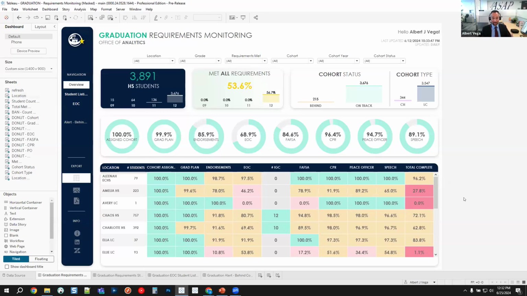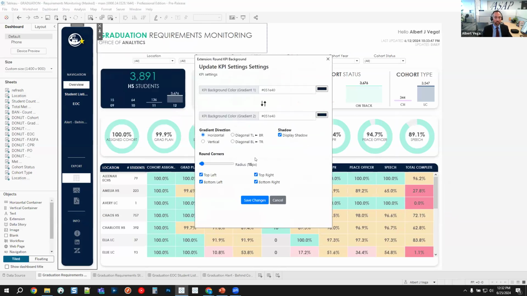So we don't necessarily have a template. Like we'd mentioned, this is all kind of ad hoc as we move through. The only template we do have is the formatting, and that one is the same that we use for all of our dashboards. Unfortunately, I wouldn't be able to share the template because of the rounded edges and everything that you see here. All of that is an in-house